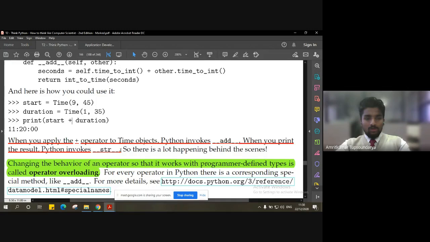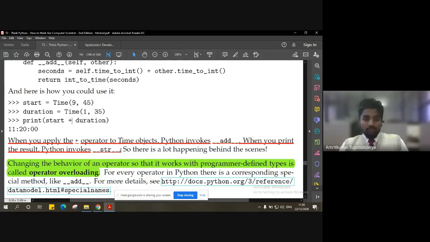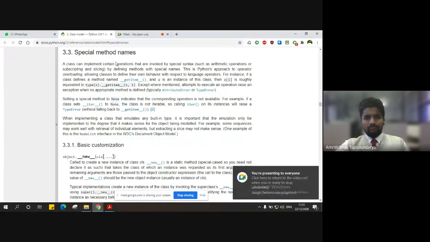Now these are not the only methods; there are many more special methods which can be used internally, and we can perform operator overloading using those methods. If I have to show you some methods from the Python website, these are the special methods and their names.